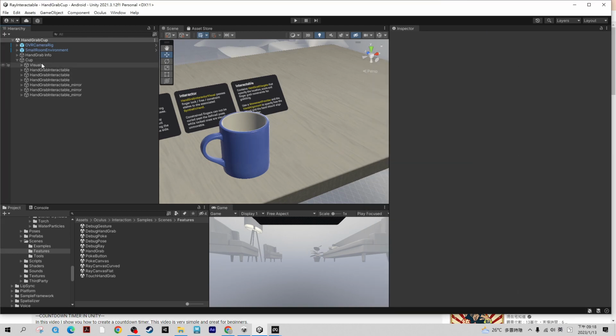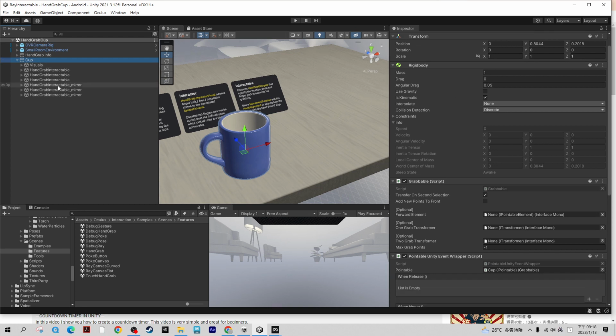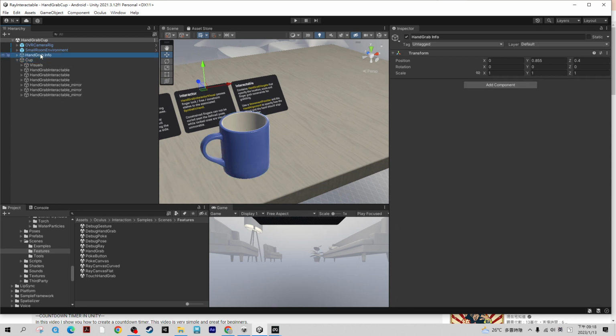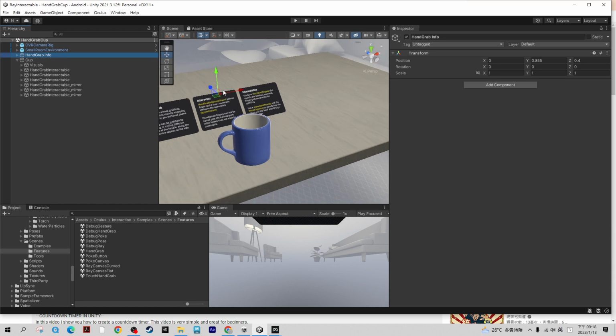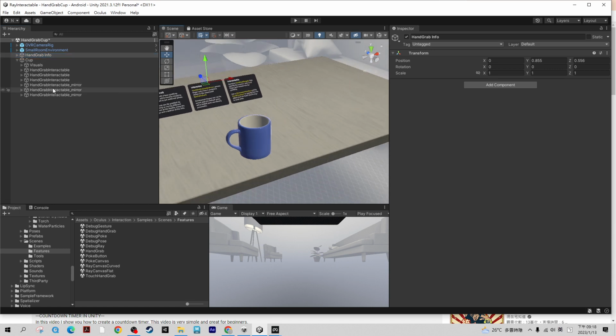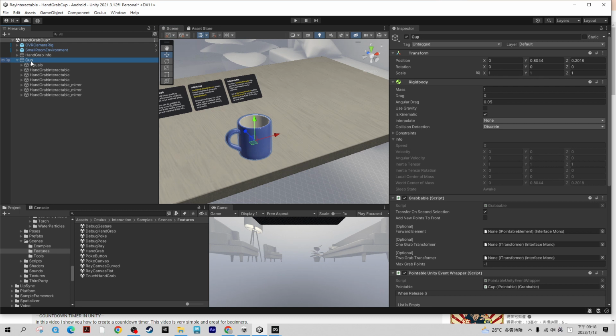Wait a moment. First, here, inside we have... okay. This one is just for information. Don't worry about this one. Okay, this is just for information. The only thing is a cup inside. The cup has the rigid body,